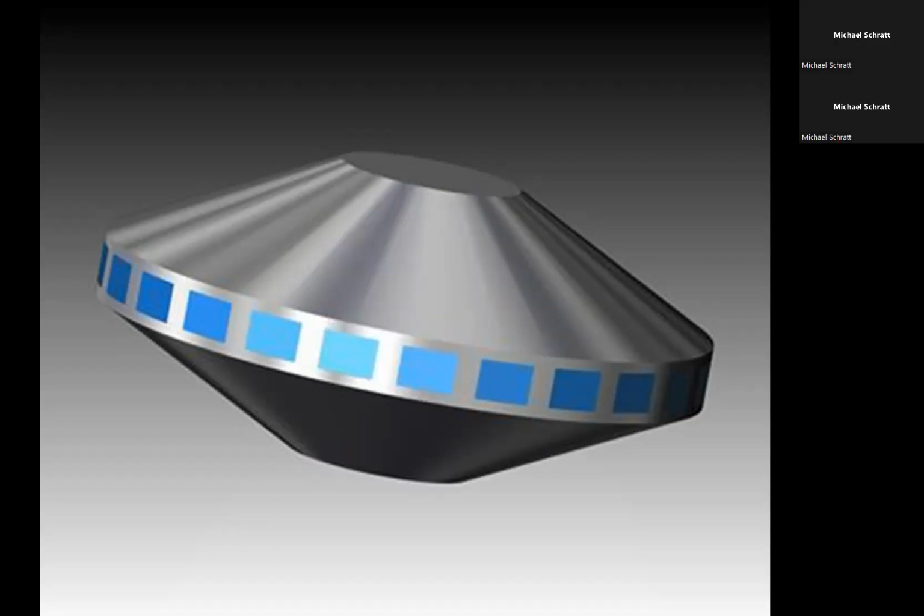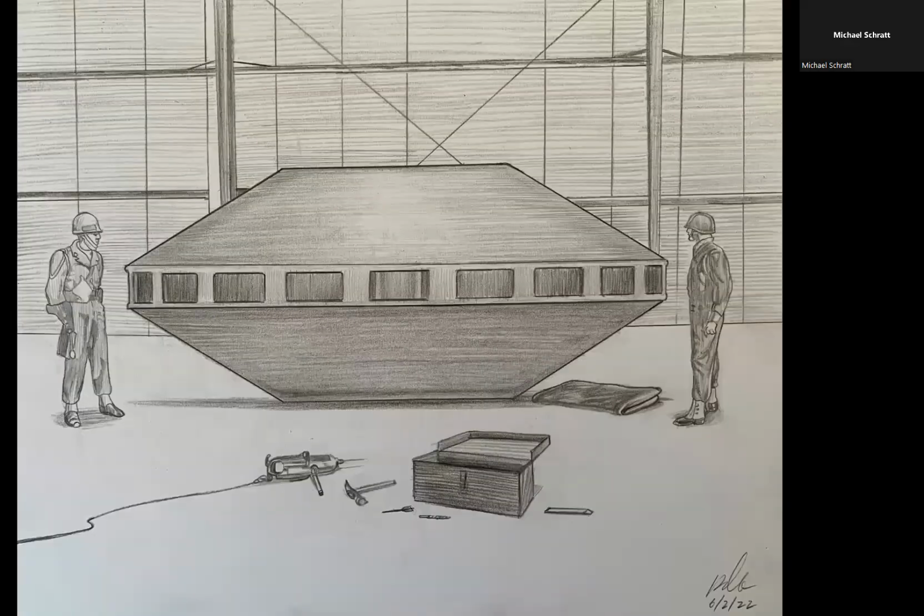I'm going to turn myself off and move forward. This is the drawing by Rudy Gardea that shows you what this might have looked like as you walked in here. You can see the tarp on the side. We've got the toolbox open. We've got the electric drill and then this diamond tip drill bit that they were desperately trying to breach the hull of this craft. Now, what would this look like inside the hangar if we were there, if we could see this in full color? That's where I want to take you right now.